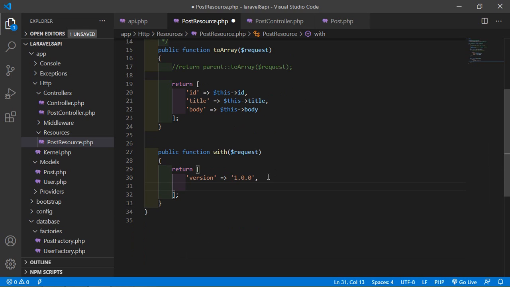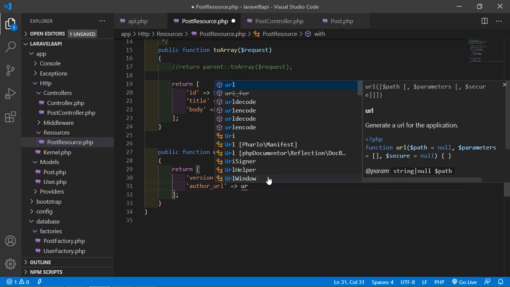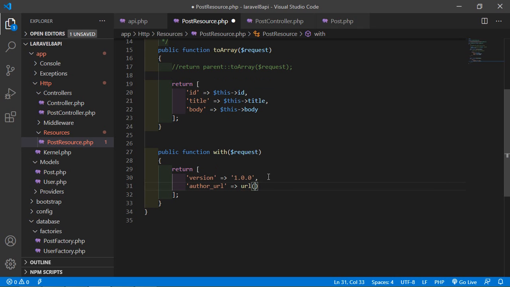You can add any text here. I'm just going to add an author URL, author underscore URL. Just pass https colon slash slash and any URL. I'm just going to type here test API URL.com. Now just save this file and let's check this.